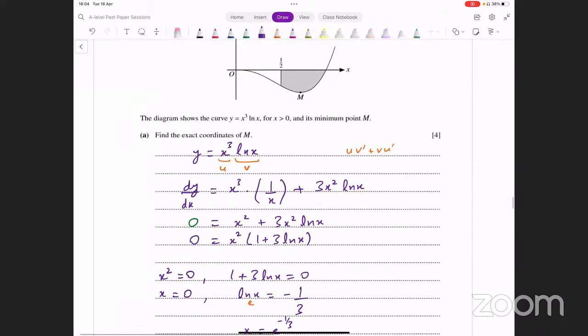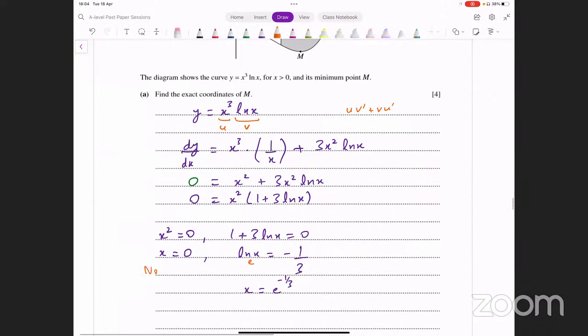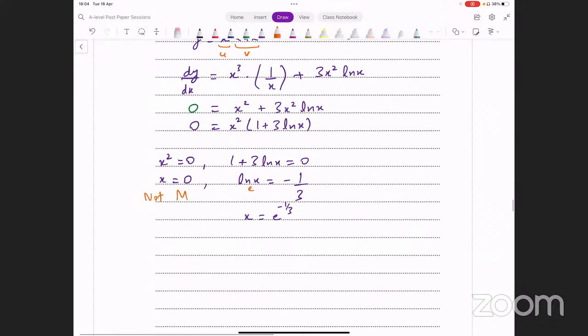अब देखिए, आपको m की कोऑर्डिनेट चाहिए. आपको नजर आ रहे हैं m का x कोऑर्डिनेट 0 तो नहीं है. So you will say this is not possible, this is not m, ये हमें नहीं चाहिए, ये दूसरी वैल्यू है, ये हमें चाहिए। x हमारे पास यहाँ से आ रहा है 1 over e raised to power 1 over 3। आप इस तरह भी छोड़ सकते हैं, that's also fine, this is what we're getting।